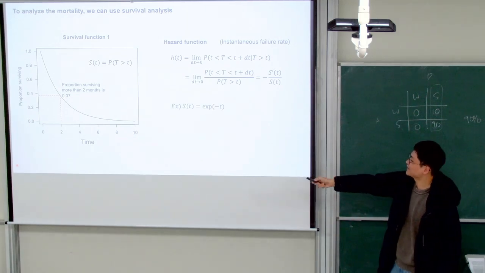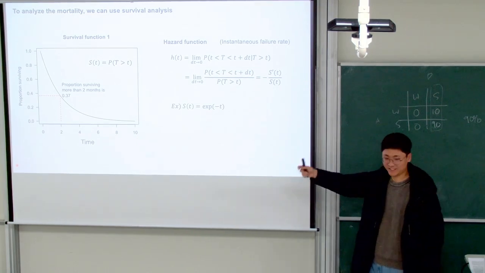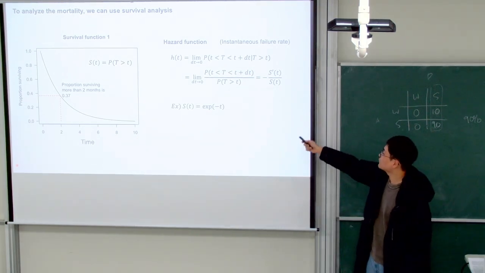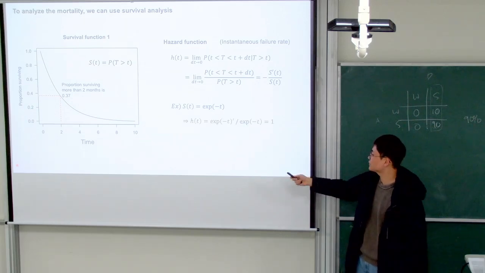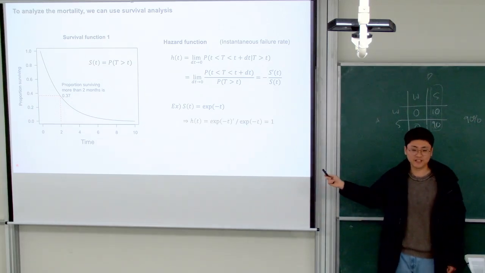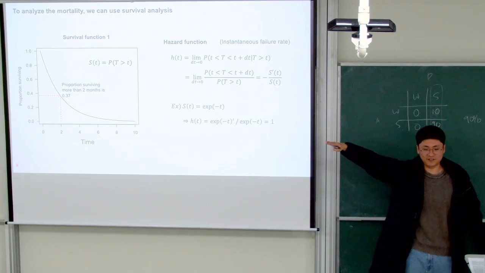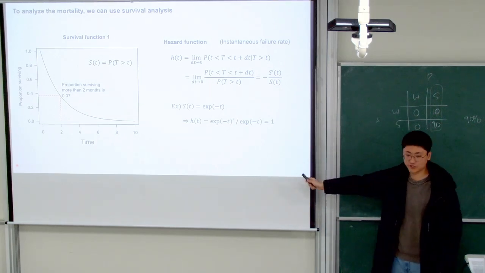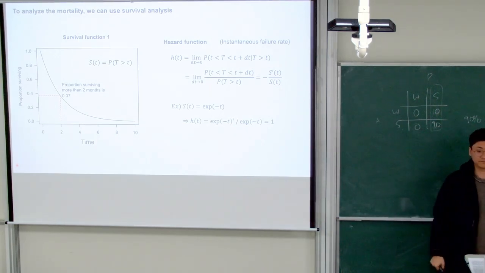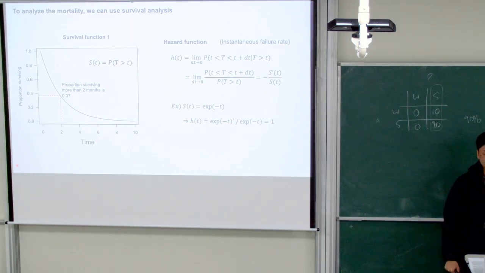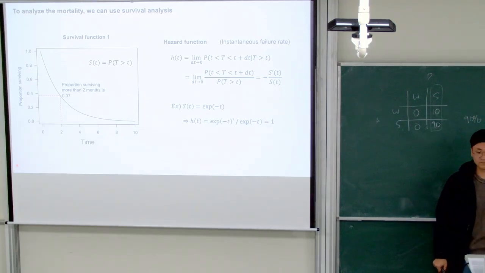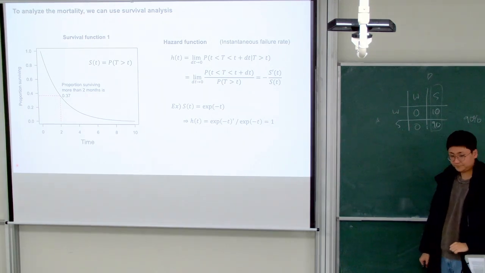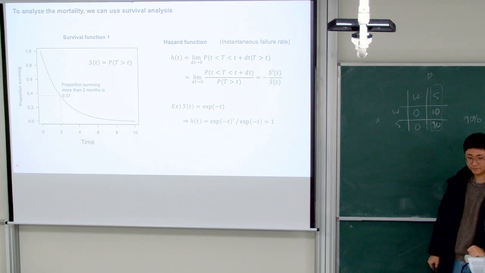Oh yeah, this is the example. If the survival function is this exponential function, then if we calculate this hazard function, it would be just 1. That means the death rate is just constant. Then in that case, it gives this exponential decay. It's a derivative of log, which means it's basically a derivative of the exponent. Does it make sense? If it's e to the minus t squared, it will be minus 2t.